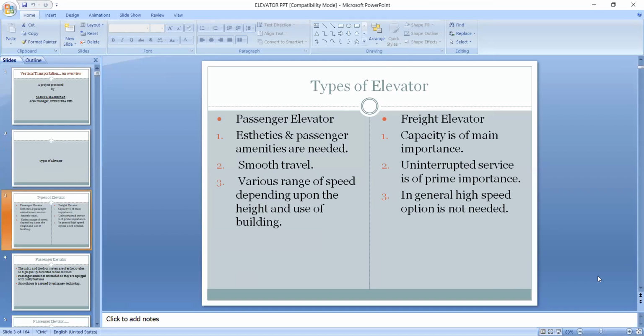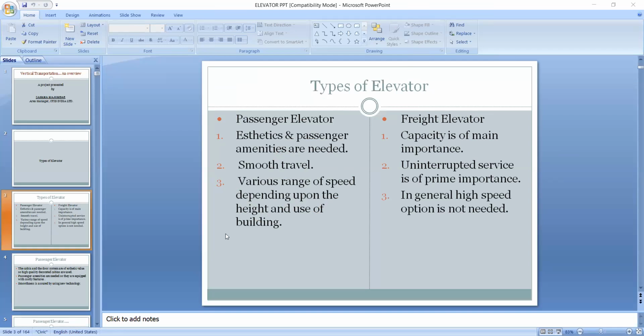Depending upon their usage, the passenger elevator is obviously more aesthetically pleasing, and different types of speeds are there. Whereas in a freight elevator, ultimately the capacity as well as uninterrupted service is of great use.